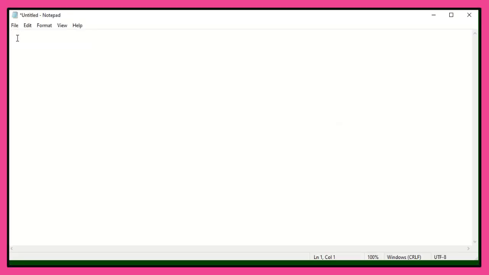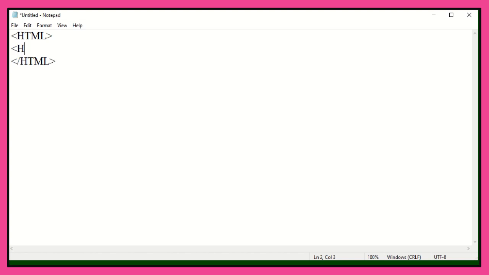Children, now open the notepad in order to create the HTML document. Every HTML document should begin and end with HTML tag. Since HTML is a container tag, you have to give the closing tag preceded by the /. What is the use of HTML tag, children? It tells the browser the following document is the HTML file.